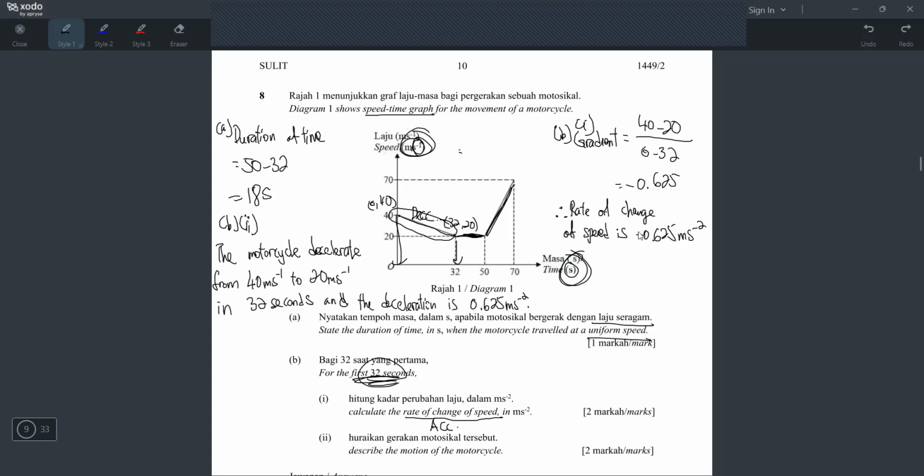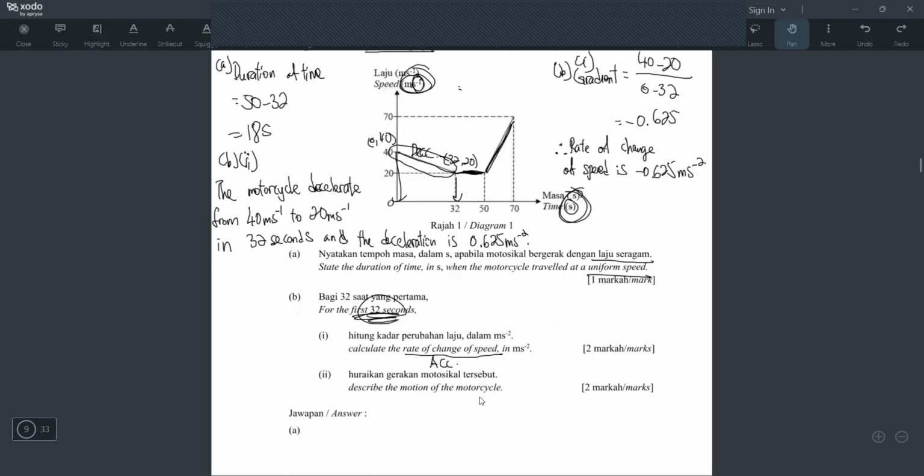But then why here I write negative? Because I use the word rate of change of speed ma. Rate of change of speed is acceleration. So acceleration kita letak negatif lah, sebab acceleration memang saya dapat negatif. Okay, it's just that if I use the word deceleration, then I just macam tu. Okay, now I want to check with the jawapan. I want to check with the answer because I want to see how they write it. Okay, so let me check for a while.